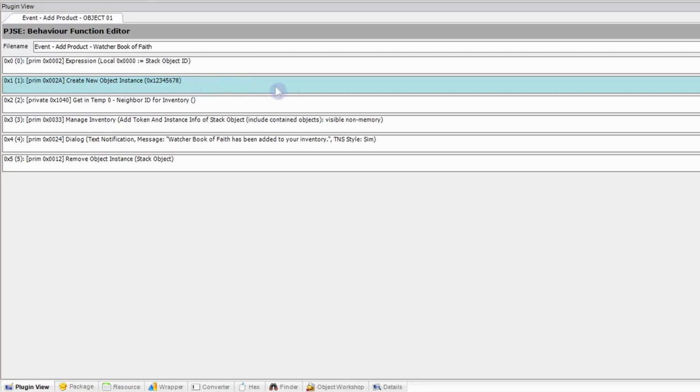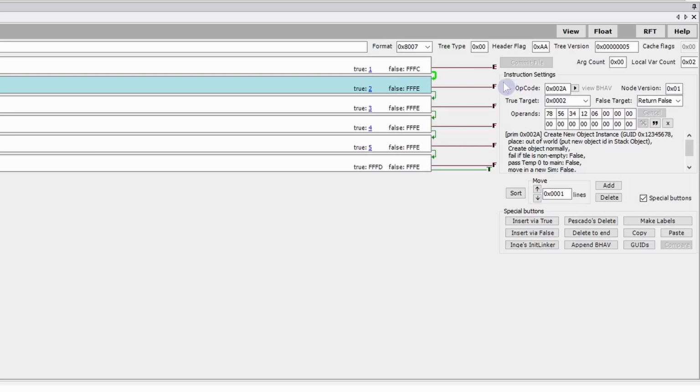What you are going to do after you click that line, on the right-hand side, under Instruction Settings, there is a field called Operands, and these first 4 boxes will have the numbers 1 through 8, but they will be in a reverse order. So it will say 7, 8, 5, 6, 3, 4, 1, 2. What you will do is you will put the 8 digits after the X of your object's GUID in these